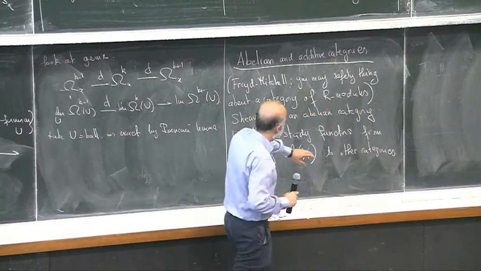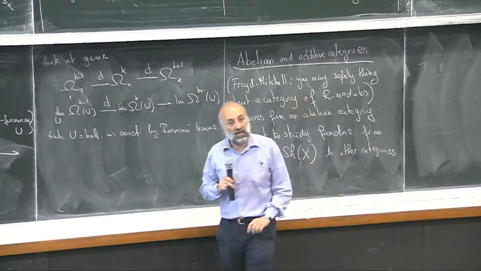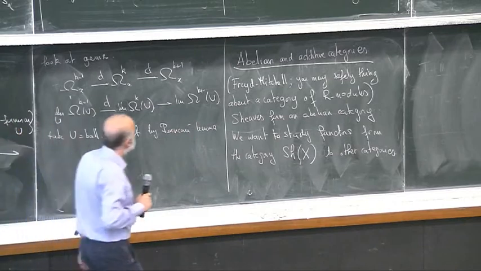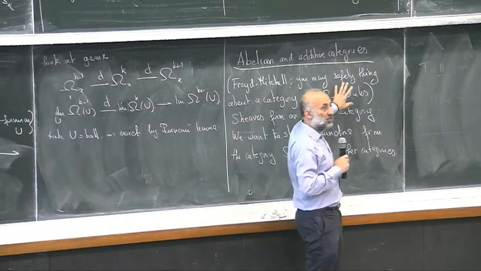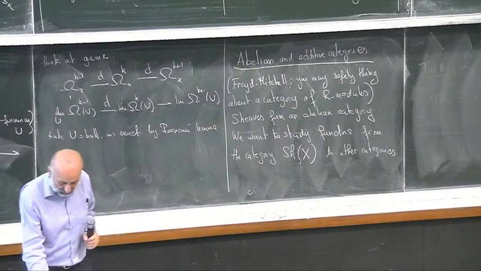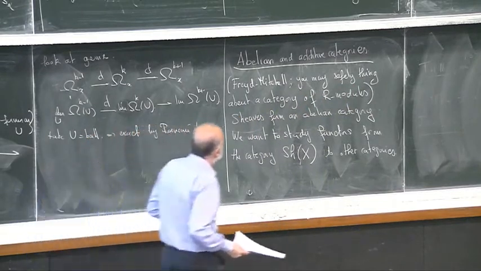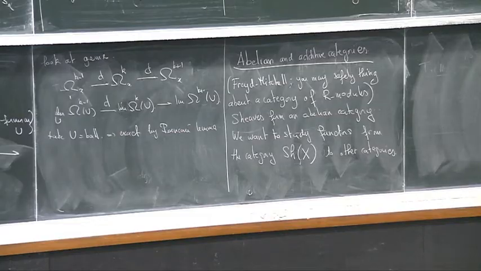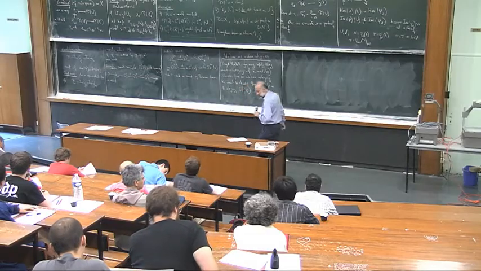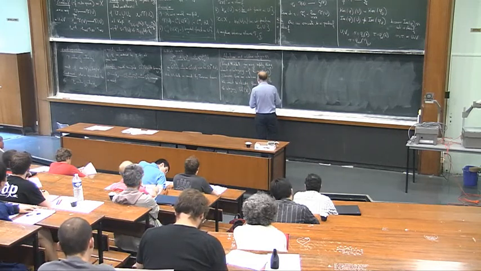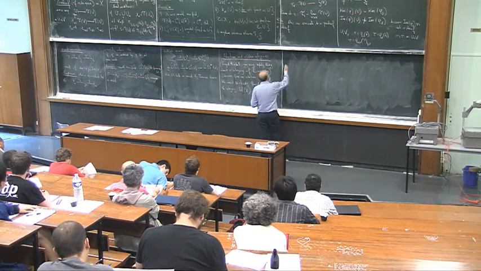But don't worry, these other categories will essentially be either other categories of sheaves, so sheaves over a set Y, or categories of R modules, essentially vector spaces. But in order to explain what one is doing, I think it's in a way easier to at least define what these abelian categories are. So category means